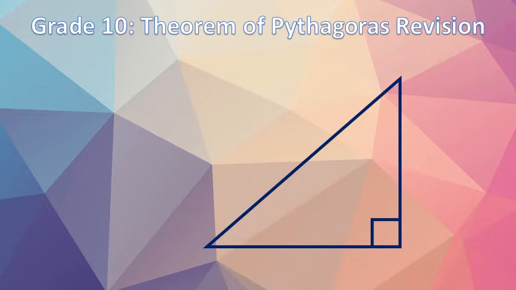This is the only type of triangle in which the theorem of Pythagoras will work. It's also the only type of triangle in which the trigonometry we're going to learn about this year will work. So right-angled triangles are important. First things first. We generally label triangles with capital letters, but another way of labeling the sides of these triangles